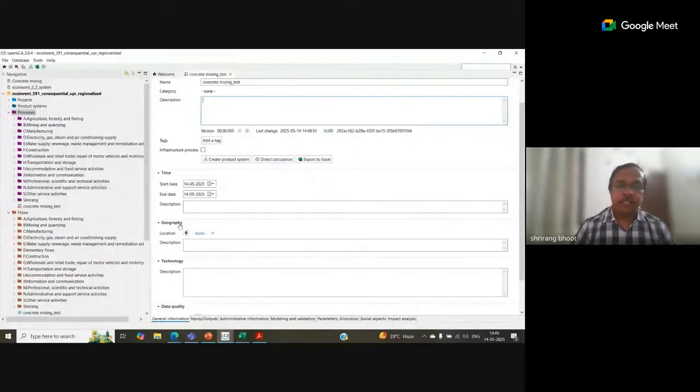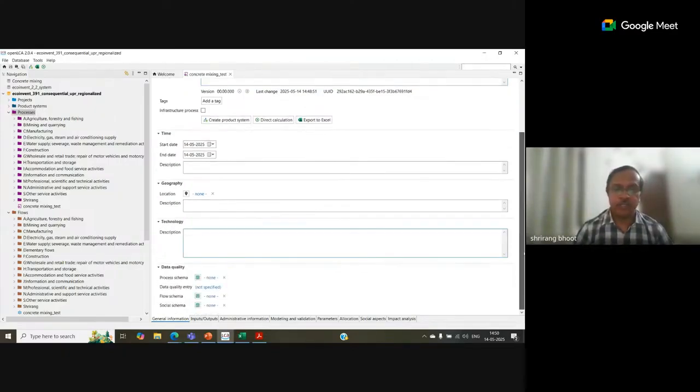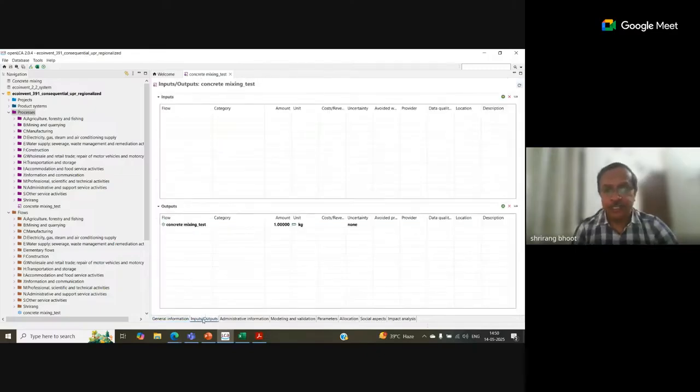Then we can also add the location where this concrete activity is based, which technology we have used, and we also mention the data quality, and the flow quality which we are going to use.